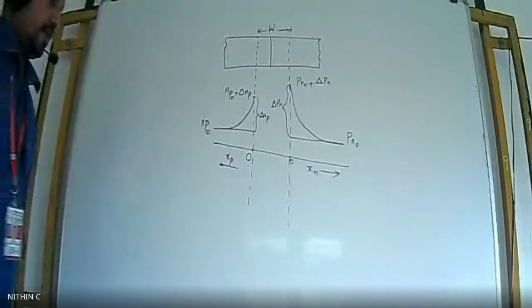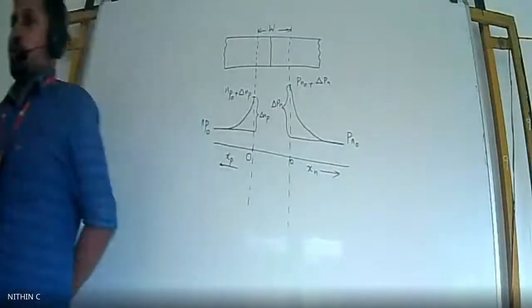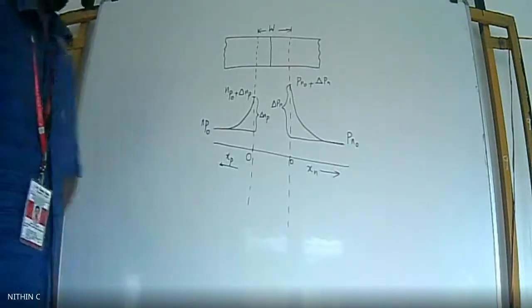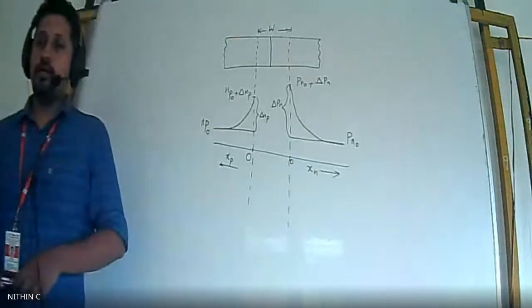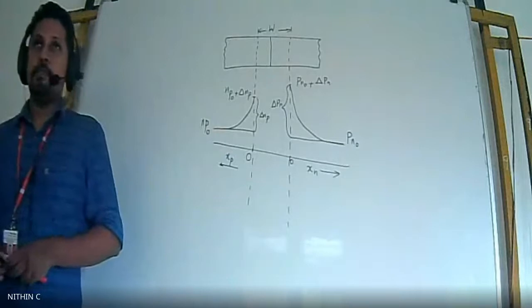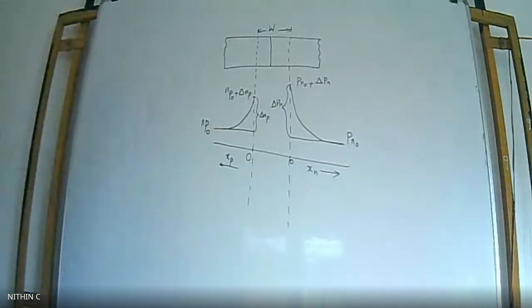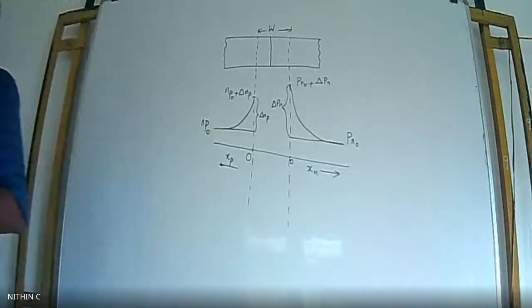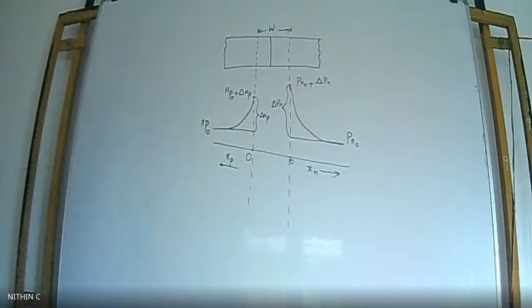So in this section, we are going to deal with the ideal diode equation. This will provide us with an equation for the current which passes through a diode when the diode is forward biased. So in that case, we need to take some assumptions before starting the derivation. So let's see the assumptions at first.